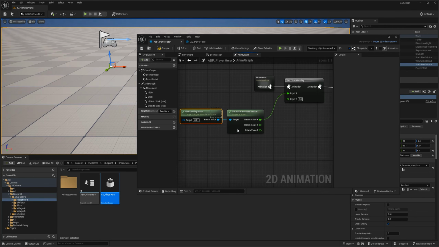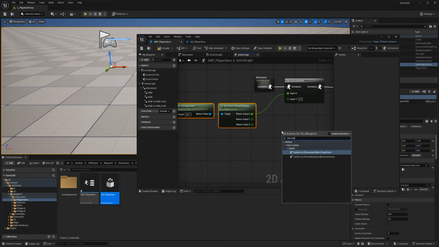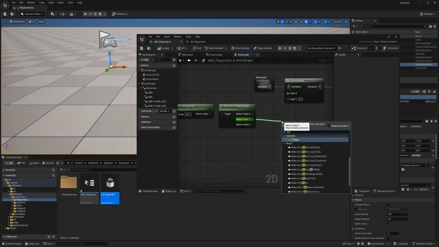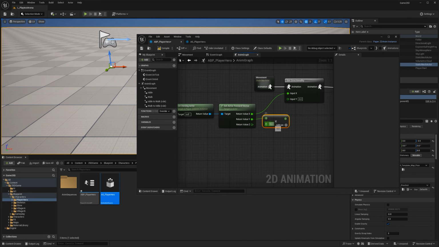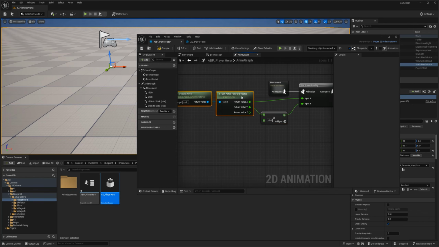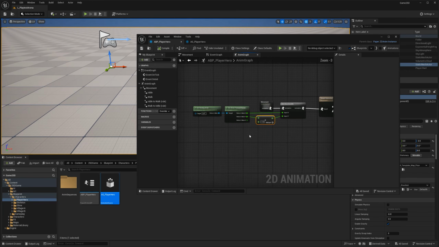The best way to do this, because we don't have a 1 minus like we have in our material, is you can just multiply this by something. So I'm going to go here and multiply. If I multiply by 0 it's 0, but if I multiply by -1 it's the opposite value. So just simple math, we can get that set up very easily. I'm going to organize a little bit better, and that is good. We're going to save it, but this is enough for the logic, but we still need to tell our character to have this attached to it.